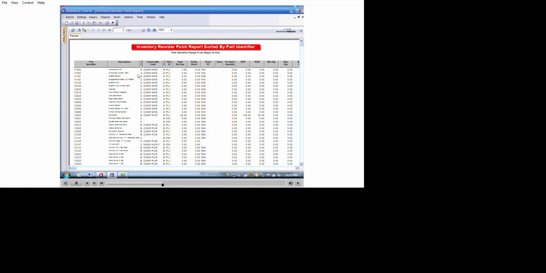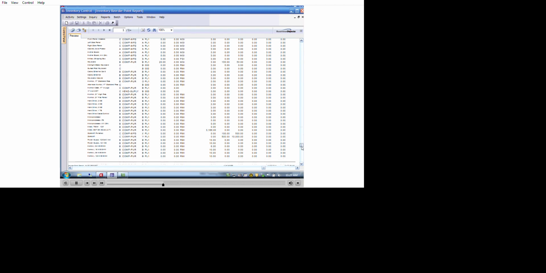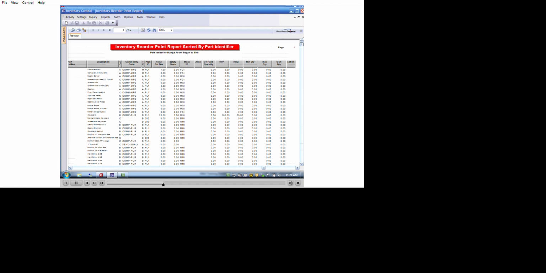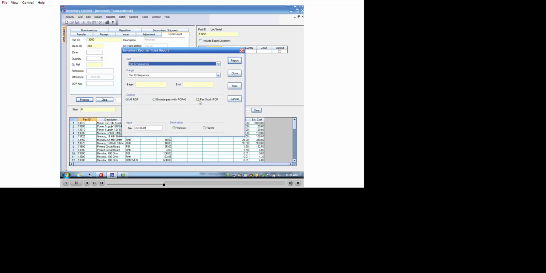Okay, and as you can see here, it's giving us our part ID and description, commodity code, total balance due, the safety stock, reorder point quantities, and as well any action that's required here. We don't require any action at the moment, so they're not displayed there. So that's the inventory reorder point report sorted by part ID. We'll close that one. We'll run our next one,